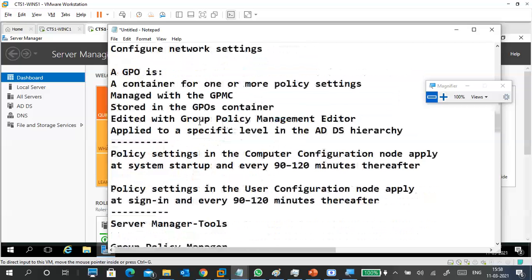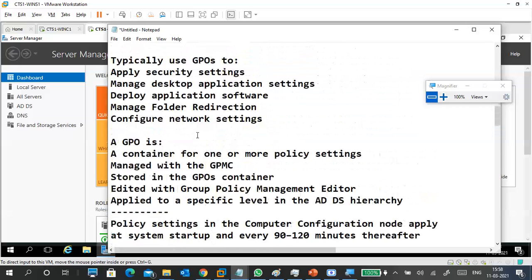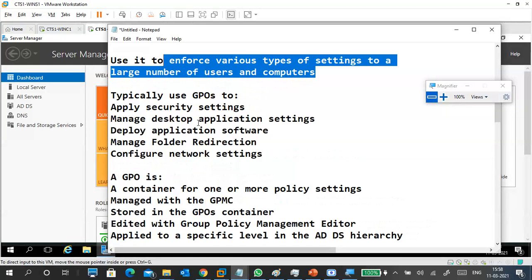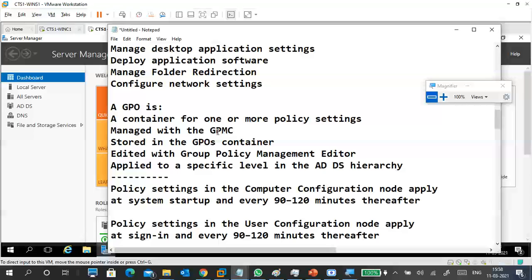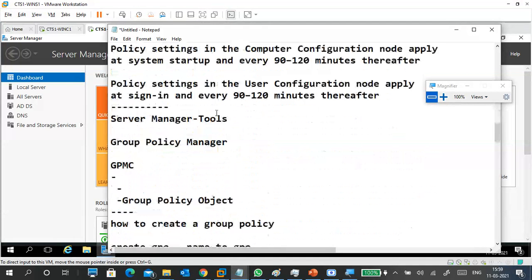Point number one. Next, different types of policies are there. Means settings are there, not policies. It's a combination of settings. We call it a policy actually. So group policy enforces various types of settings to the large number of users and computers.